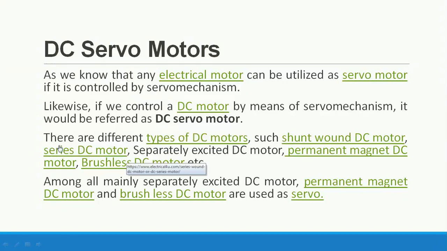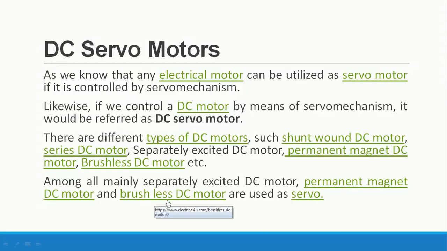There are different types of DC motors like the shunt wound DC motor, the series DC motor, the separately excited DC motor, the permanent magnet DC motor and the brushless DC motor. Out of these, mainly the separately excited type, permanent magnet type and brushless DC motor types are used as servo motors in a servo mechanism.